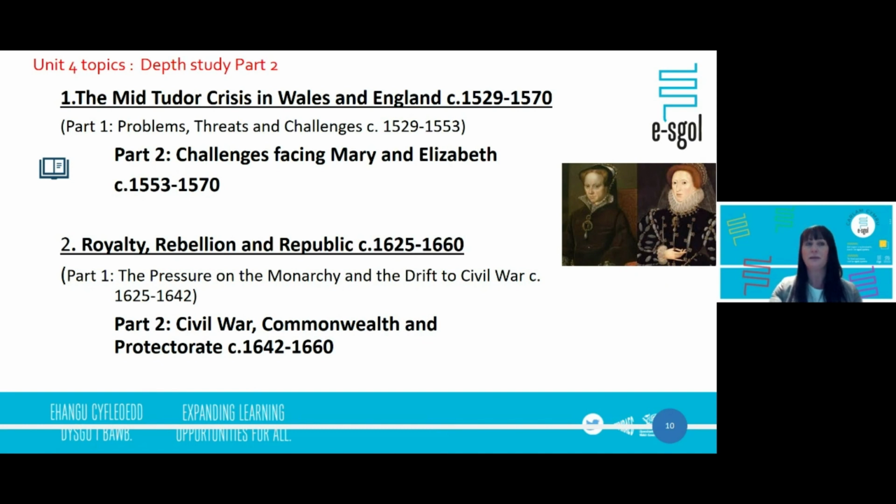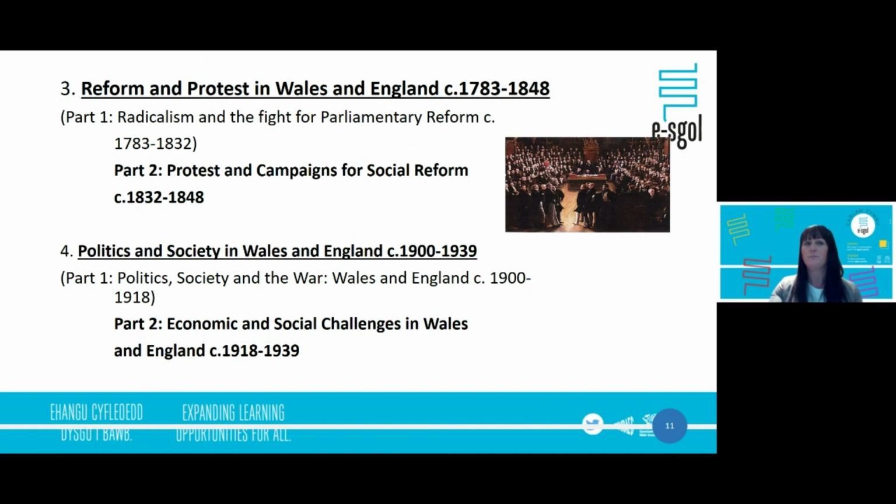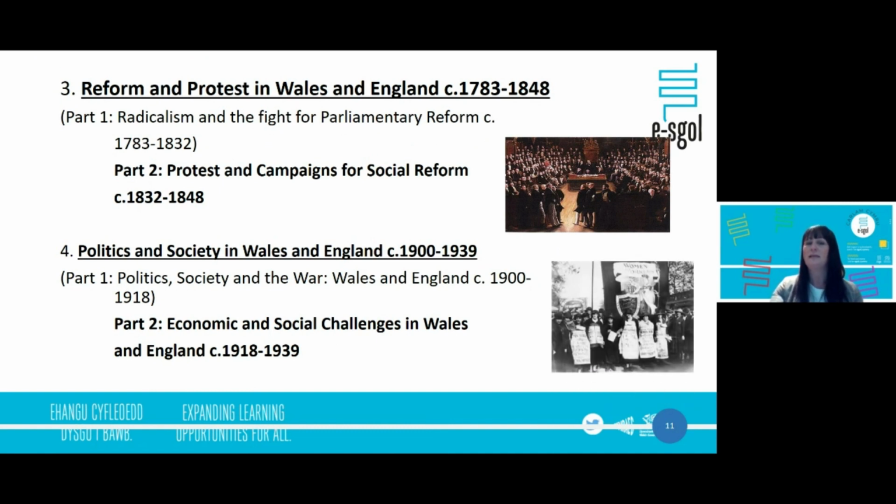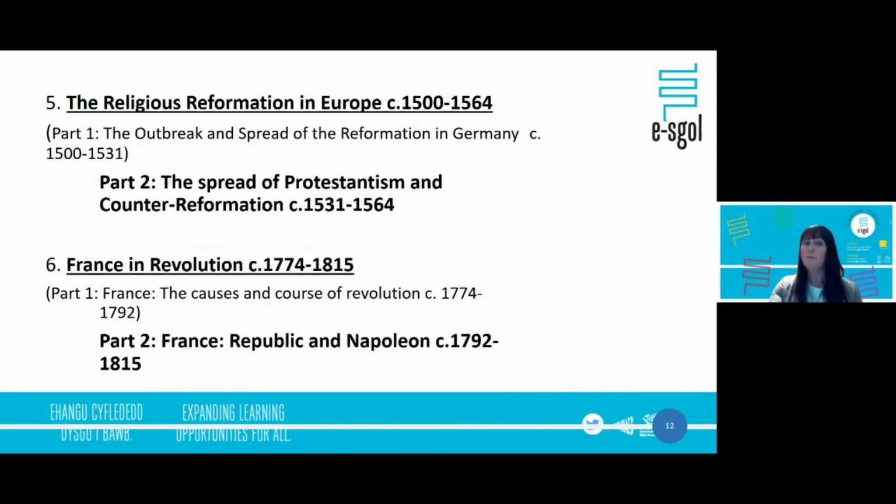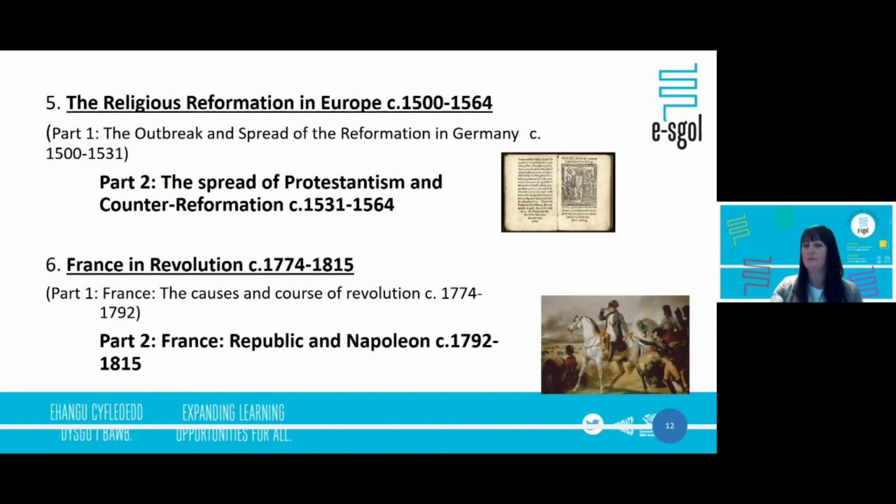So you may be doing depth study topic area 1, which is challenges facing Mary and Elizabeth, or you're possibly doing Civil War, Commonwealth and Protectorate. You could be doing part 2, protests and campaigns for social reform, or maybe the economic and social challenges in Wales and England. You could be doing the spread of Protestantism and Counter-Reformation, or maybe France, Republic and Napoleon, 1792